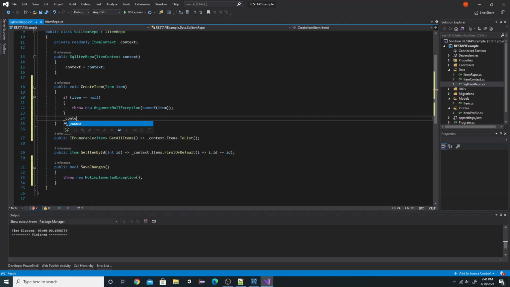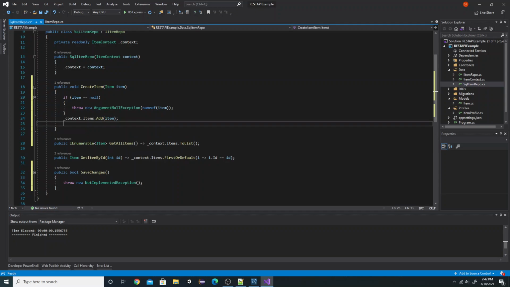We just want to do context.items.add item. And again, if we do nothing after this, the database would just go back to normal. It wouldn't actually add this item in. It wouldn't save. So what we have to do is run our function save changes, which is this function right here,